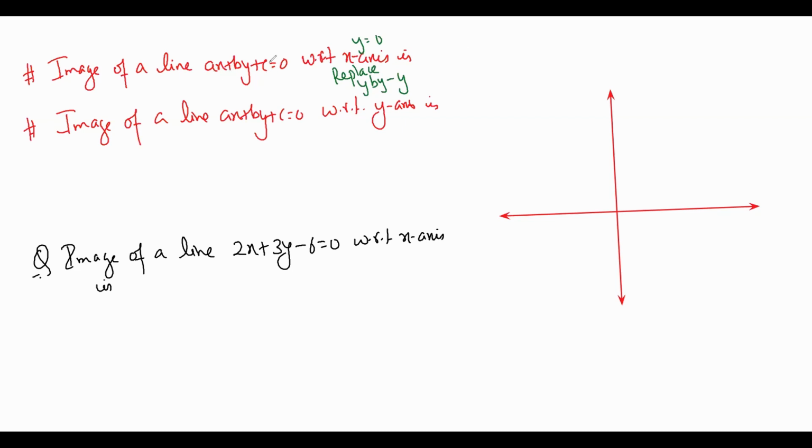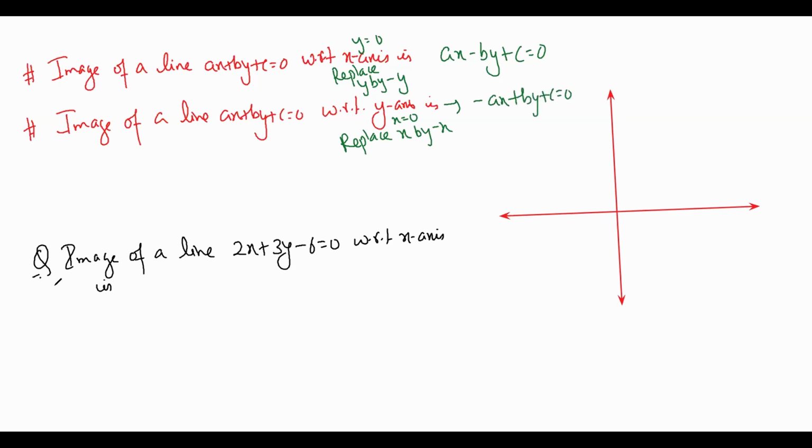We are going to recheck this case on this example by making a diagram also. So what shortcut is this? The image of ax plus by plus c equal to 0 is obtained by replacing y by minus y. How do we conclude that? The x-axis is y equal to 0, therefore just change the sign before the y coordinate. That means my answer is this. Similarly, the image of a line ax plus by plus c equal to 0 with respect to the y-axis: the equation of the y-axis is x equal to 0, therefore replace x by minus x. So my image comes out to be minus ax plus by plus c.